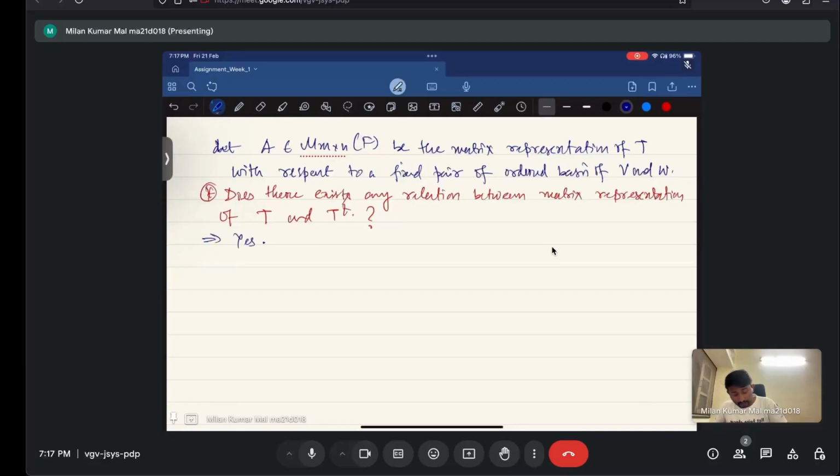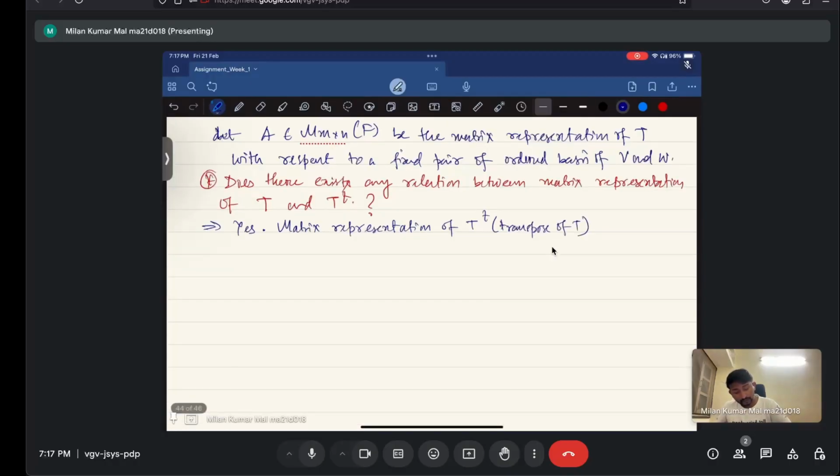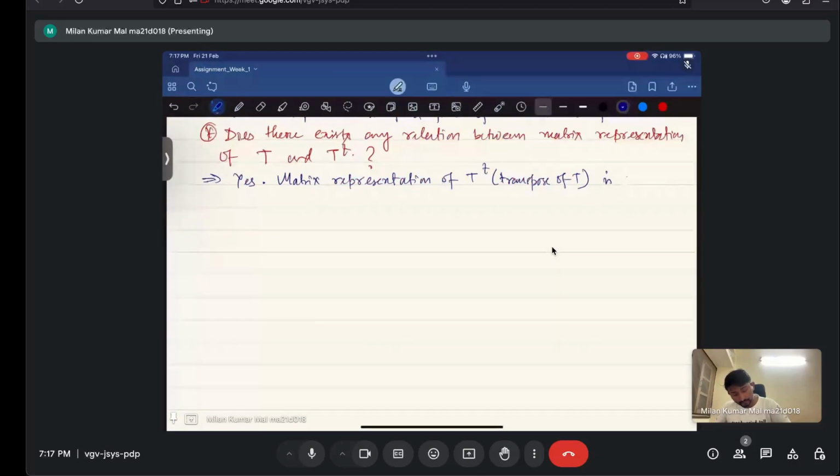What is that? Then the matrix representation of T transpose with respect to the corresponding dual basis